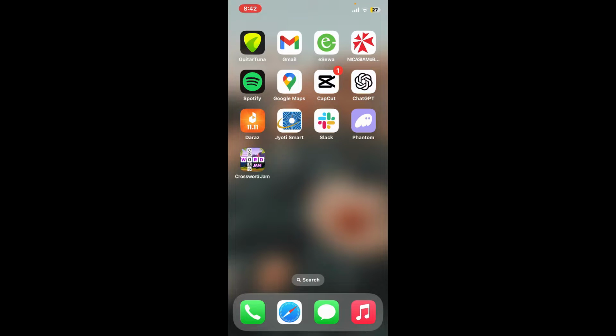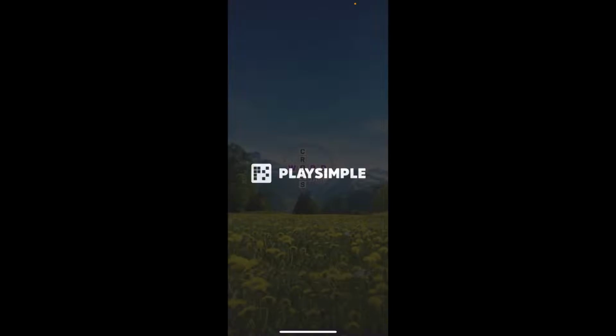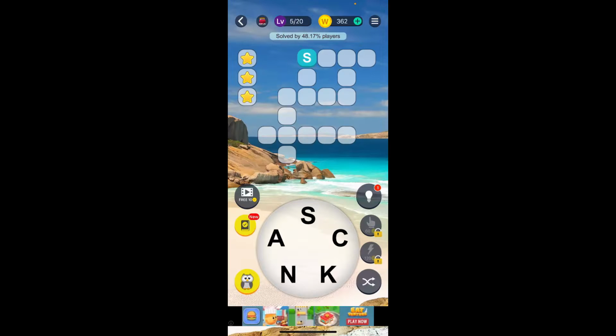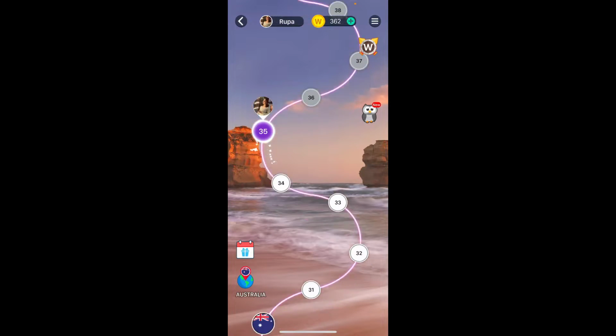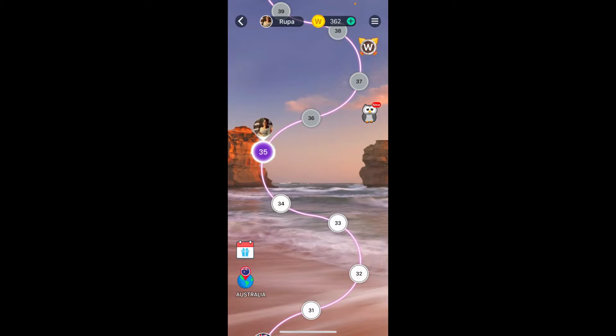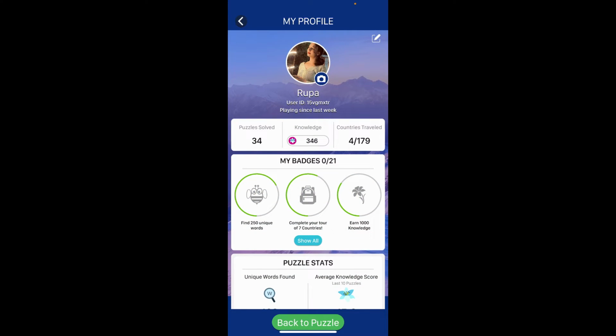First of all, open your Crossword Jam application on your mobile device. Now from the main homepage, after you're inside your game, go ahead and tap on the back button at the top left-hand corner, which will then show you your map. Simply go ahead and tap on your profile picture at the top of the screen, and this will then open